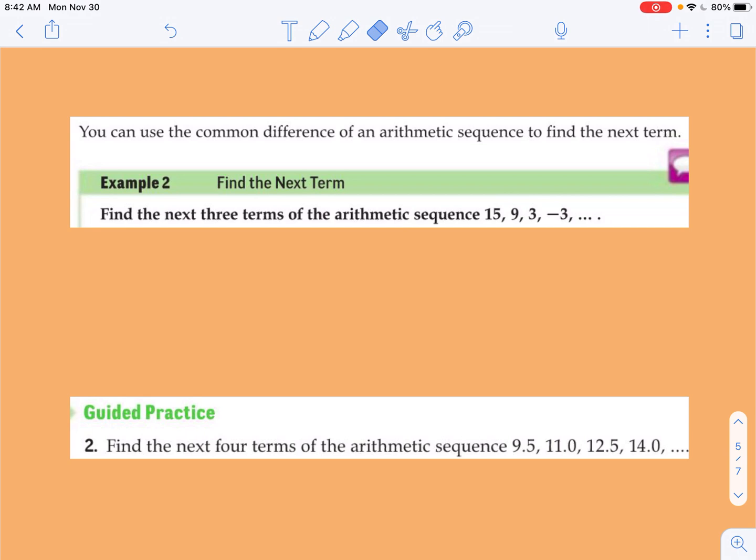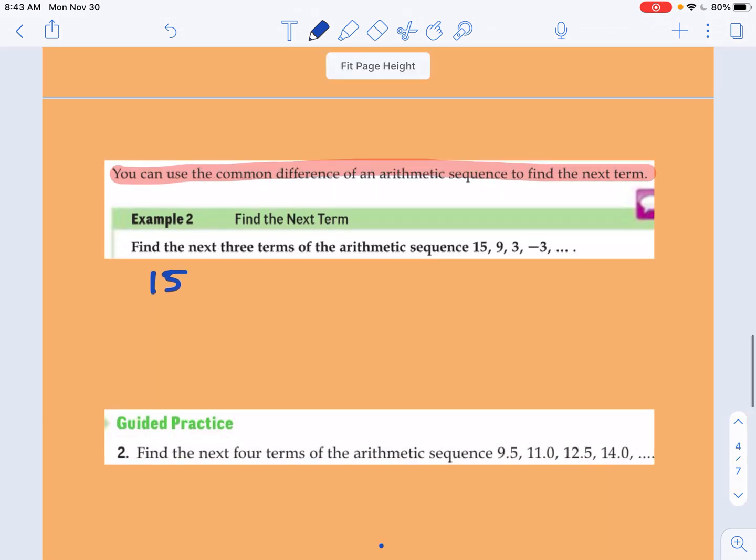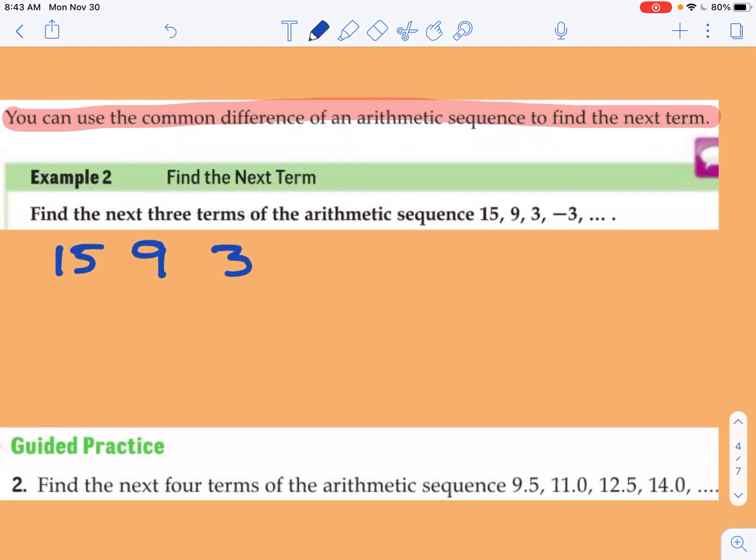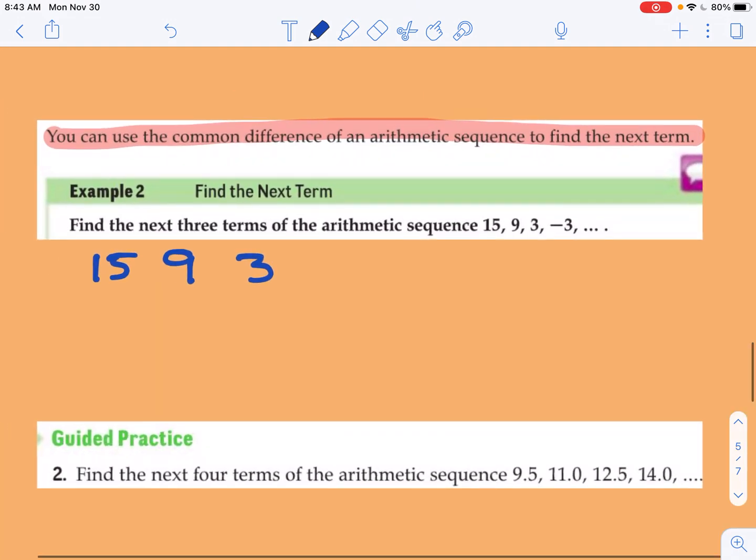So it says here, you can use the common difference of an arithmetic sequence to find the next term. And in finding the next term, it's a pretty straightforward thing. The first thing you're going to do is look at all of your terms and figure out what your common difference is. That's the first thing you'll do. So